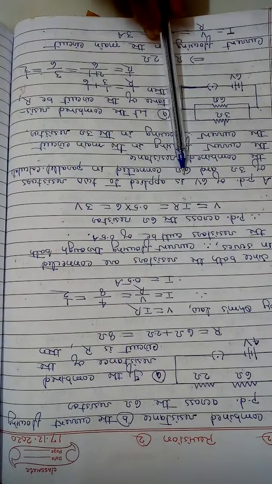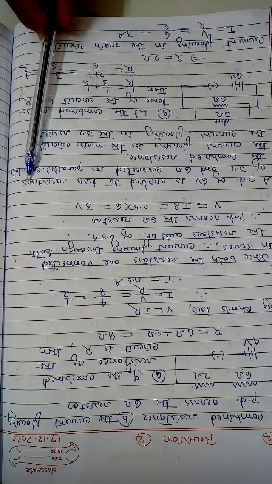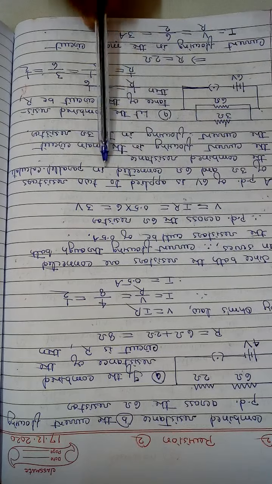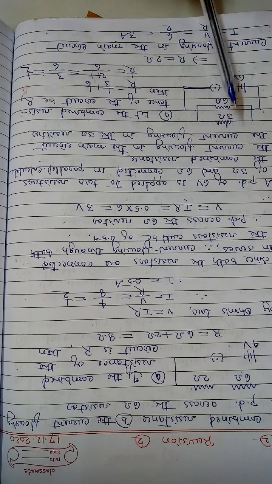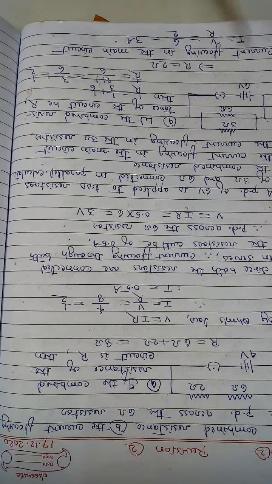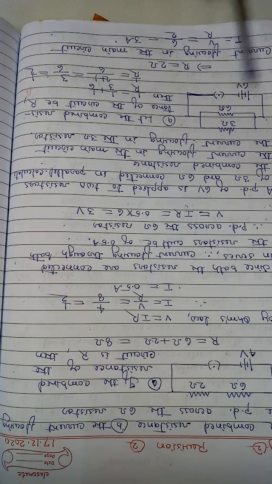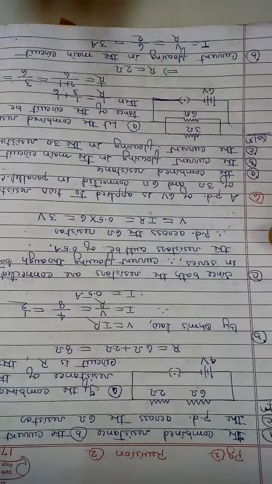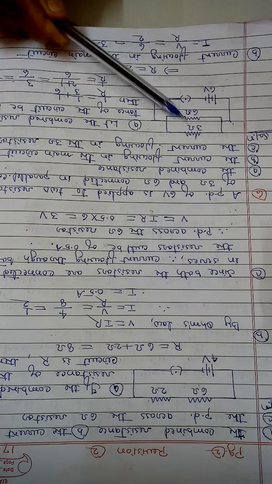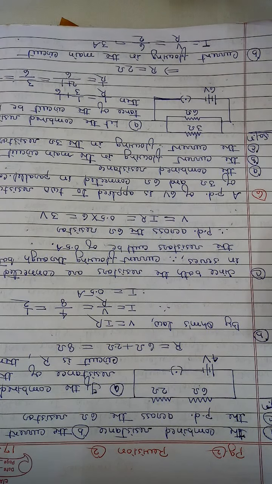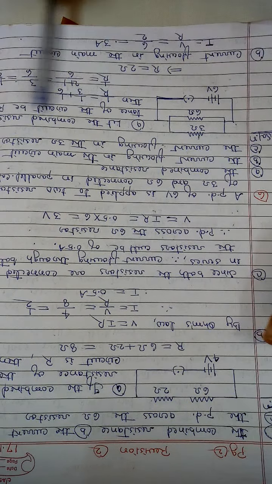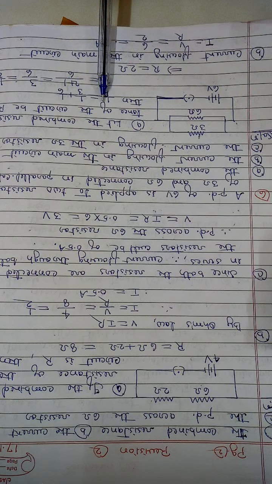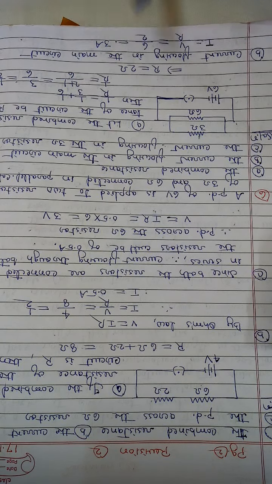Now the potential difference of 6 volt is applied to two resistors of 3 ohm and 6 ohm connected in parallel. Calculate the combined resistance, the current flowing in the main circuit, and the current flowing in the 3 ohm resistor. First we draw the circuit diagram for the given components. Here the resistors of 3 ohm and 6 ohm are connected in parallel combination with this battery of 6 volts. Let the combined resistance of the circuit be R. So we can write 1 upon R equals 1 upon 3 plus 1 upon 6, which gives us the value of R as 2 ohm.